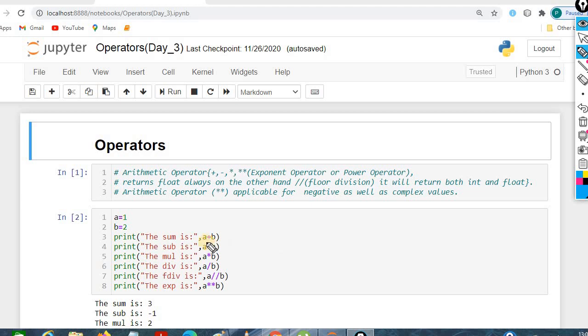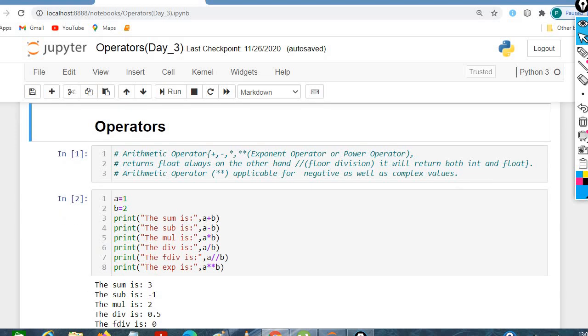As you know, plus is for addition, minus for subtraction, multiplication sign for multiplication, division sign for division. In floor division, if we provide the input as float, the output would be float. If we provide input as int, the output would be int.